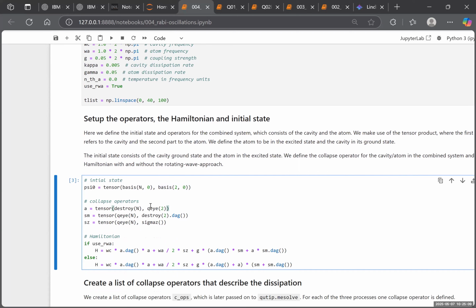And this is the annihilation operator. You need to write it as a tensor product because for the qubit the operator is identity, and this is for the sigma minus. So the photon operator is identity, and this destroys using the destroy operator,